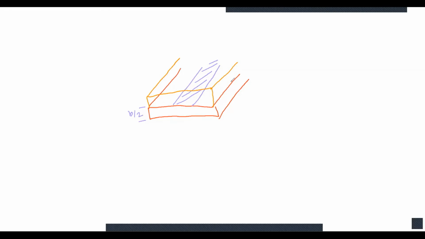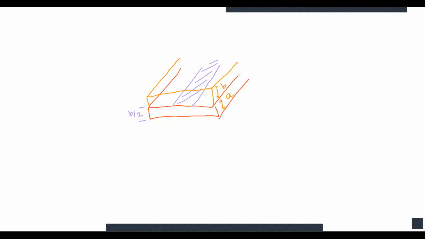Now here we have two conditions. The first one is that if the dimension of the upper half is different from the dimension of the lower half, let us suppose the height of the lower half is A and the height of the upper half is B, that is called the asymmetrical strip line.